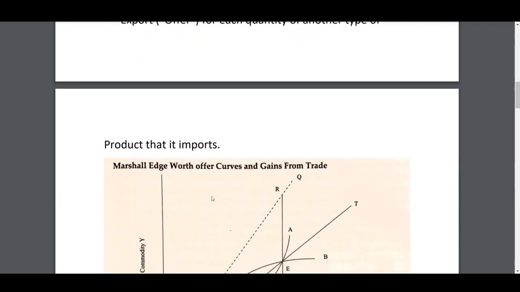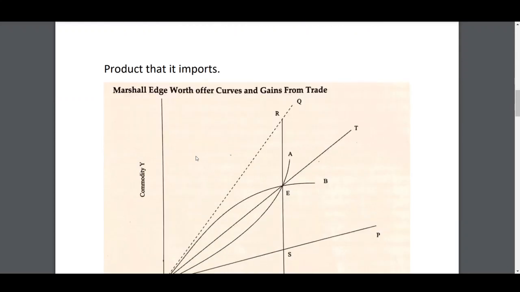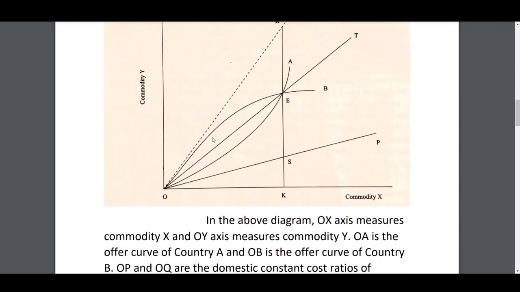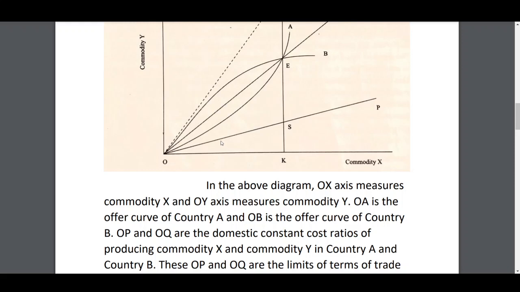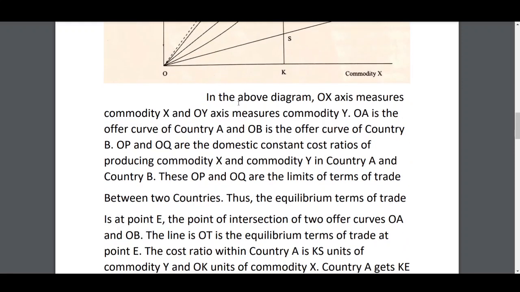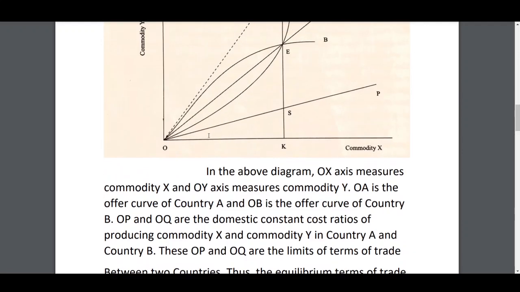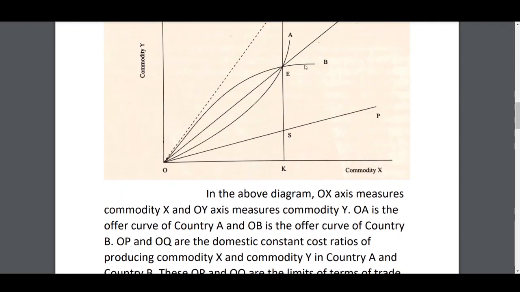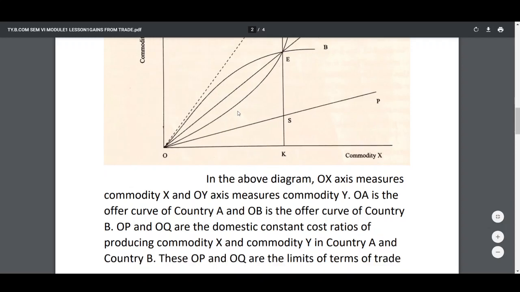Now, this is the diagram of the offer curve given by Marshall and Edgeworth. From this diagram, it will be more clear to you what an offer curve is. See, in the above diagram, OX axis measures commodity X and OY axis measures commodity Y. OA is the offer curve of country A